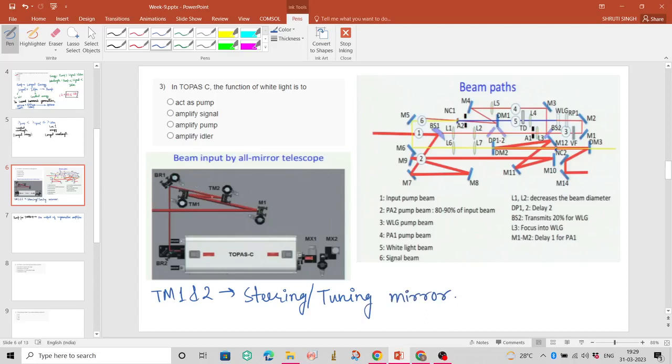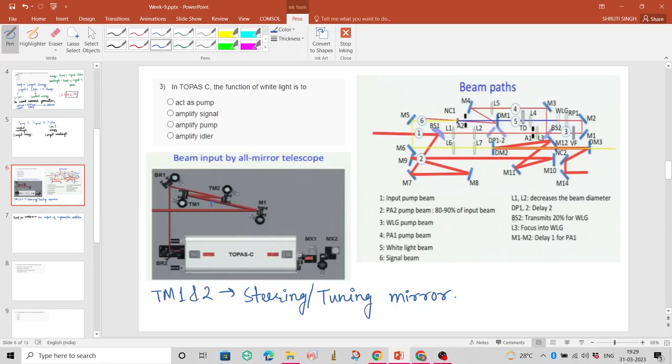These mirrors are used to change the different path length, and also they can be used to align the beam in the horizontal and the vertical direction. These two are there, these are movable. The output of the regen comes from here, hits M1, goes in this direction, then it is reflected, and